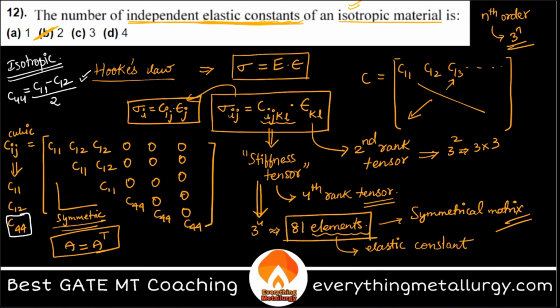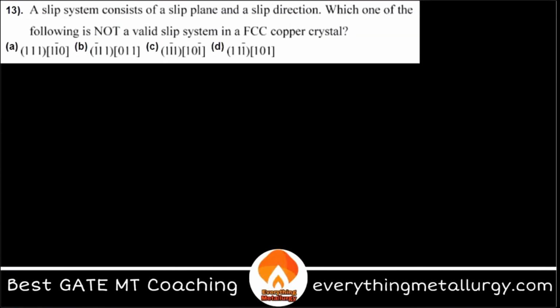You can study more about these in the book by Meyers and Chawla. There is a very good topic explaining all these, including the tensorial forms, and you can go through it directly. Fine. So this is the second question, where we calculated the number of independent constants. Now let's go to the next question. Now this is the 13th question, where it is asking,